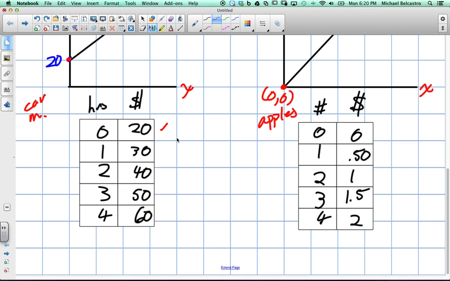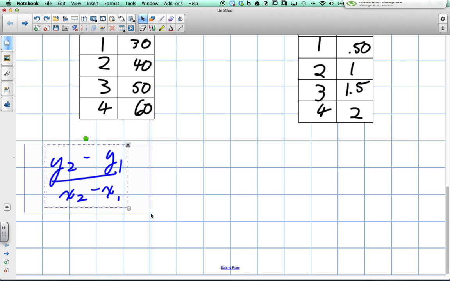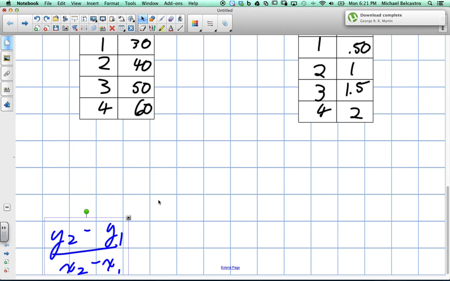There are actually two ways we can find the slope here. Assuming it's linear, and I've drawn what's linear here, you just have to find two coordinates. Have they given you a formula like this to find slope, y2 minus y1 over x2 minus x1? No? Okay, we won't talk about that yet. What we'll do instead is find